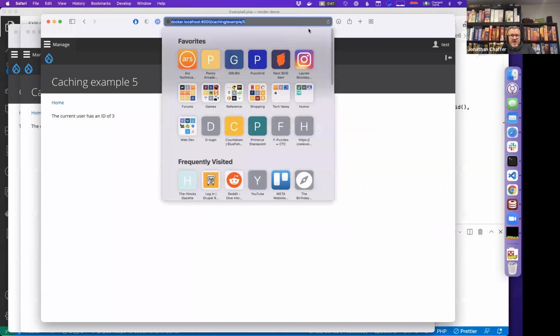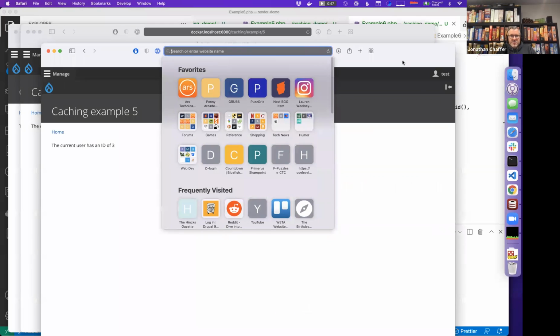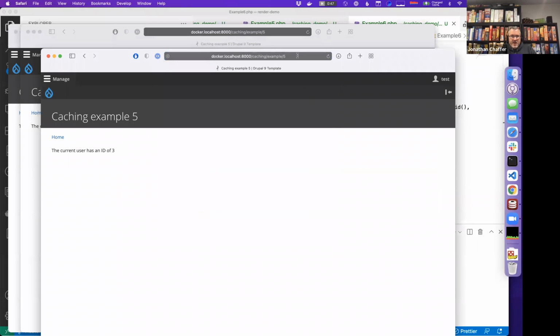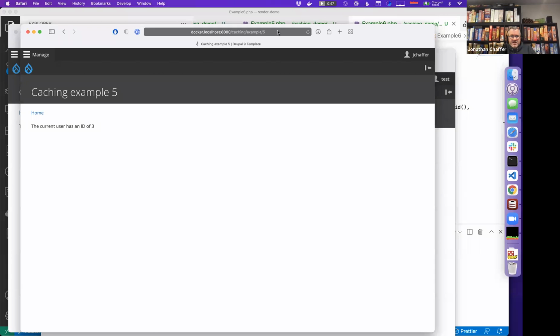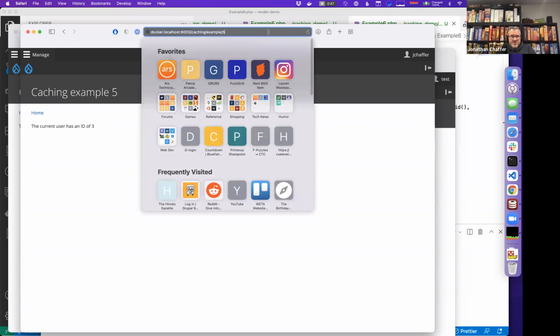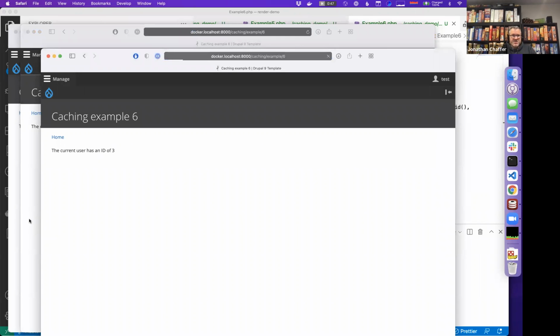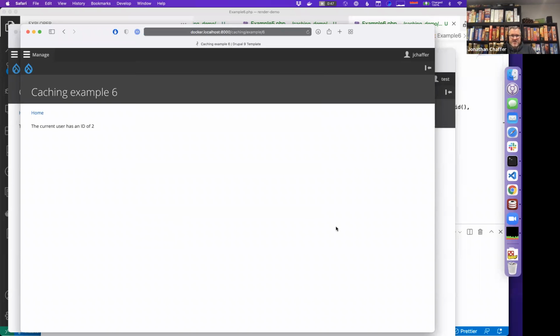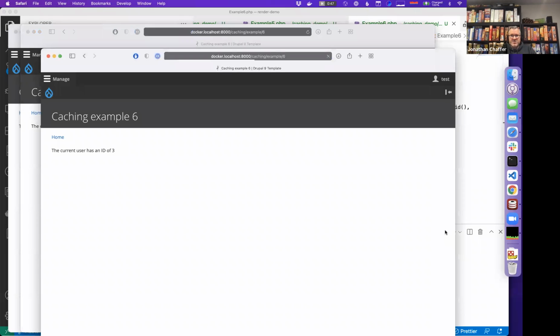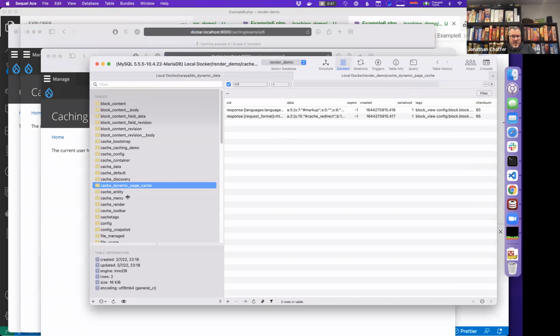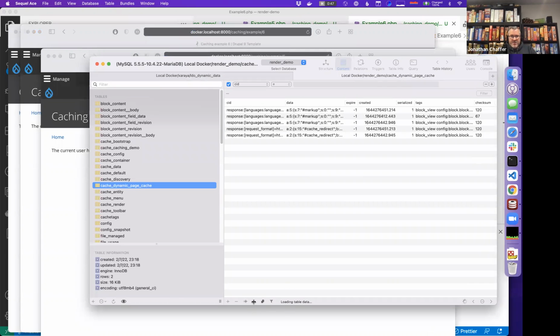So now I can say, oops, no, I can't. I can say, go to 6 here, go to 6 here. So now in example 6, I can reload both of these and they have different IDs showing because we're caching those separately. So behind the scenes, what's happening here is if I reload this dynamic page cache,